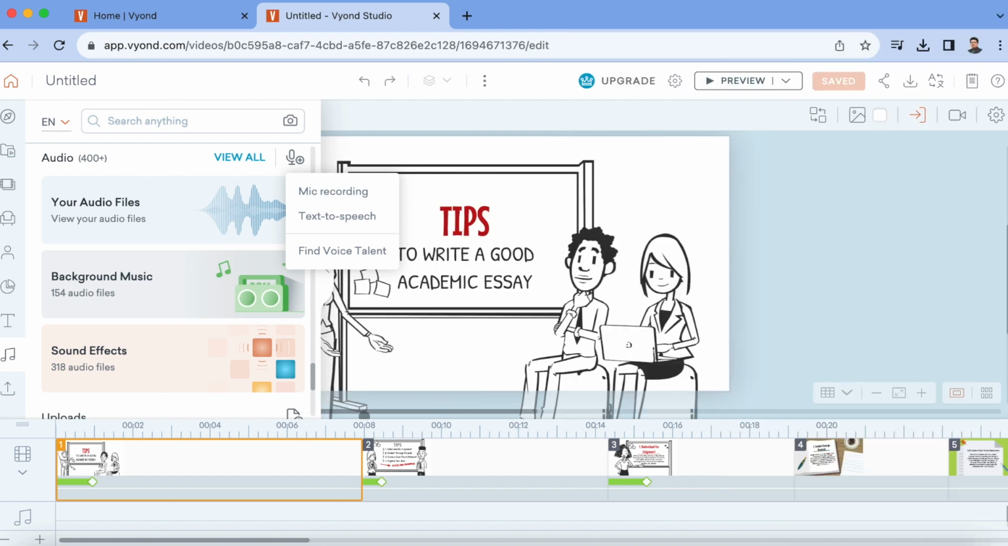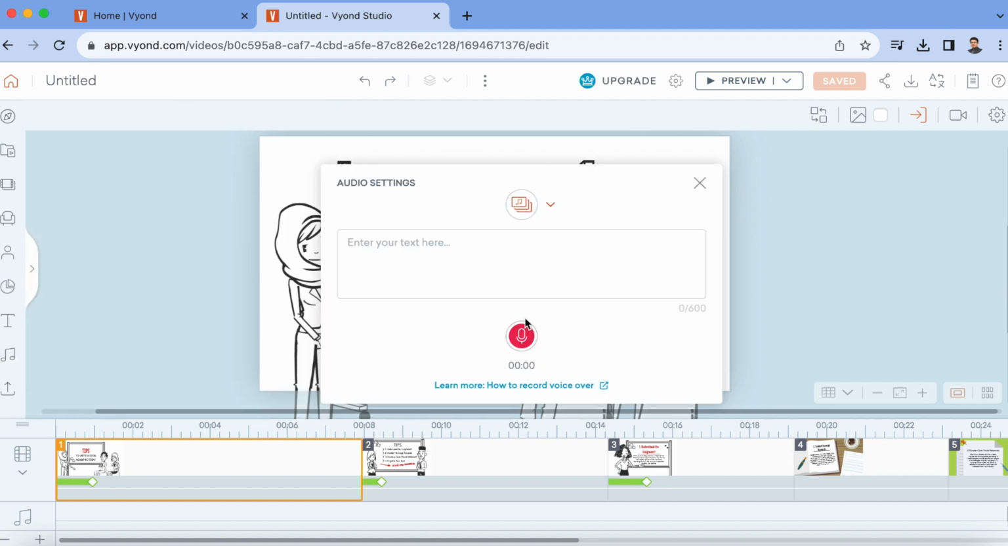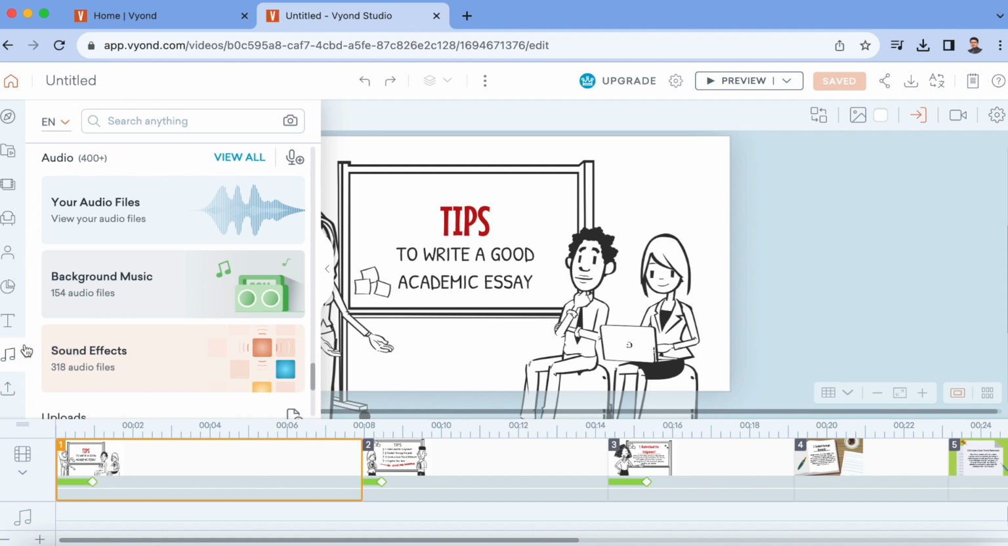So let us enlarge the screen so that it will be easier, bigger, clearer for us to look at the tutorial. Mic recording is when you can enter your own voice by clicking the mic button here. So this is one easy way, but if let's say you are not using your own voice,